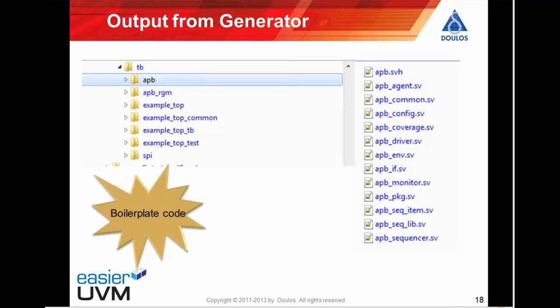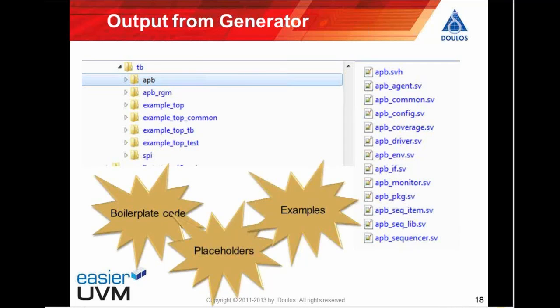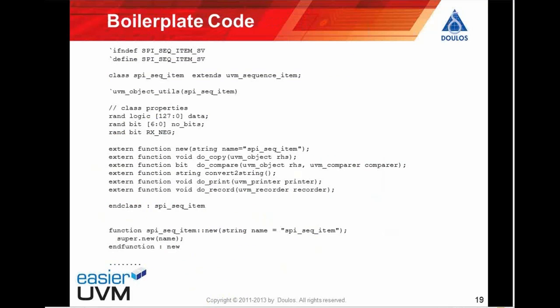Finally, it's some boilerplate code. What we have also is some placeholders and, of course, examples. Looking at the boilerplate code here, this is now for a sequence item. We have here our data members and all the functions we need for implementation, for the constructor, and it continues, but it should give you only a certain